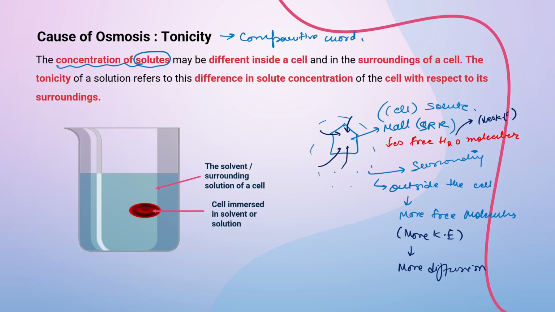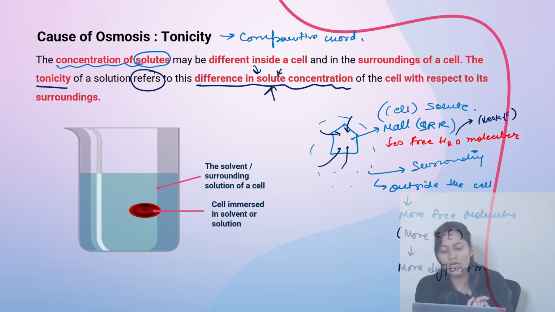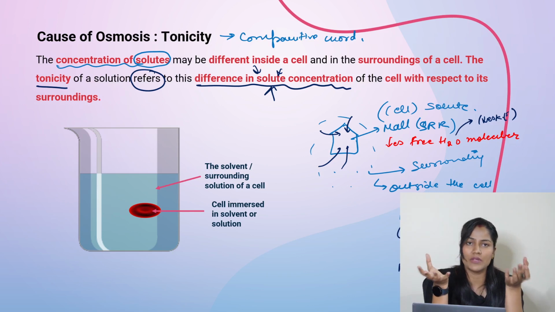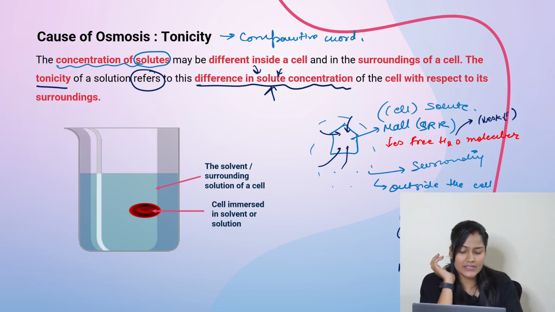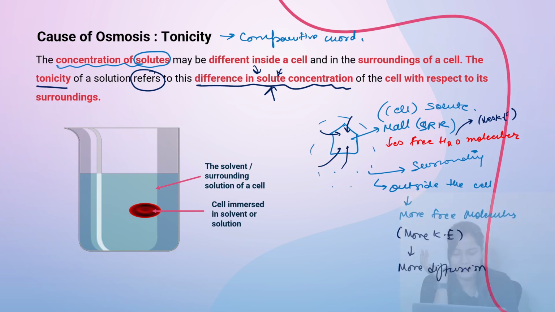So the concentration of the solute may be different inside a cell and in the surrounding of the cell. The tonicity of a solution refers to the difference in the solute concentration. Please remember, it talks about solute concentration of the cell with respect to its surrounding. सेल का उसके सराउंडिंग के रिस्पेक्ट में सॉल्यूट की क्या कॉन्सेंट्रेशन है, इसको हम टोनोसिटी बोलते हैं। ठीक है, लेट्स डिस्कस टोनोसिटी इन डिटेल।